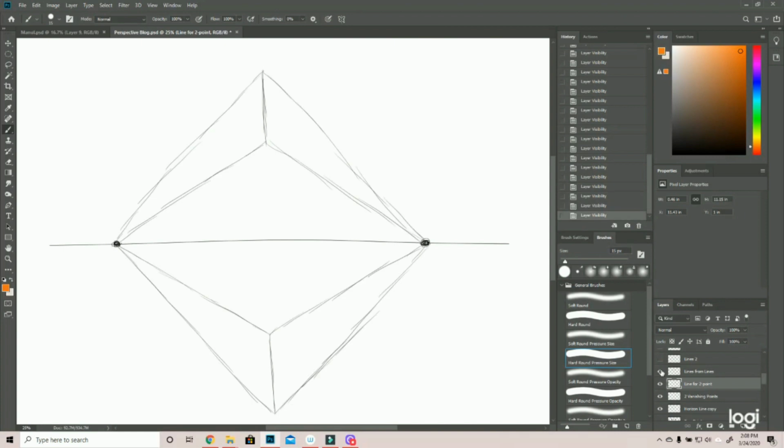And then we're going to add the lines extending straight from those lines to the vanishing point. So it's going to kind of look like a crazy little chomp monster. It's going to eat us up. And then we're going to add